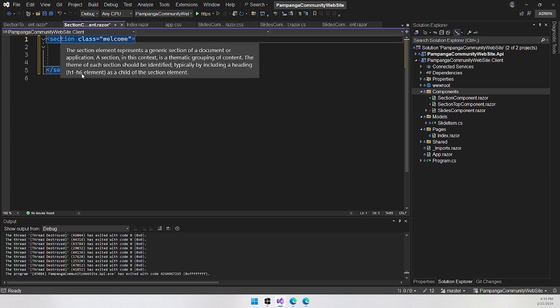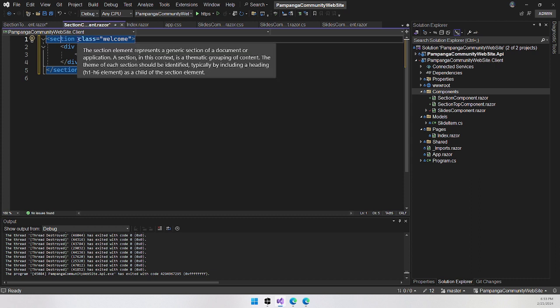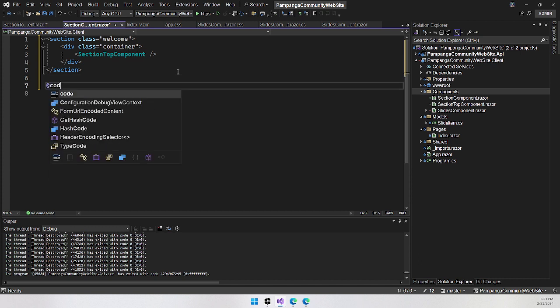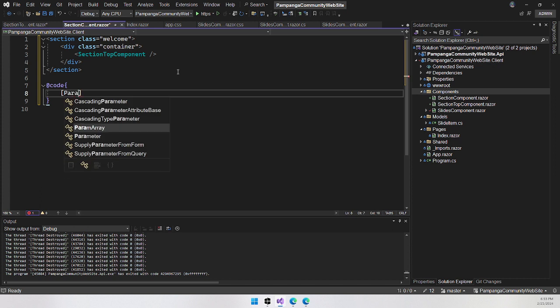Okay, this is a section. We don't need this class. This class is from Bulma. Okay, so in this component, I don't need code behind, so I'm going to code here directly, and I'm going to have my parameter